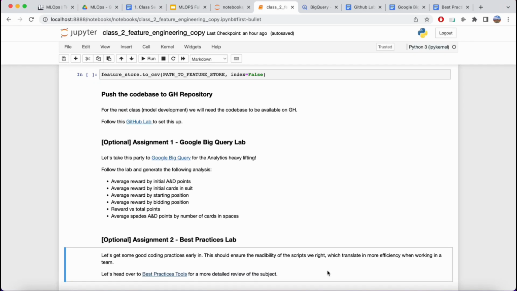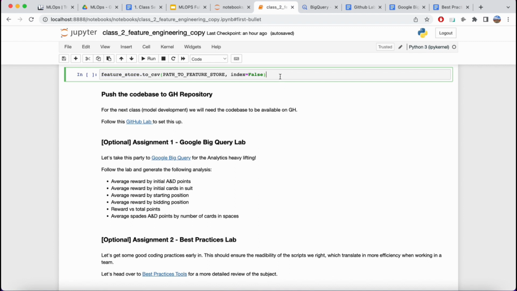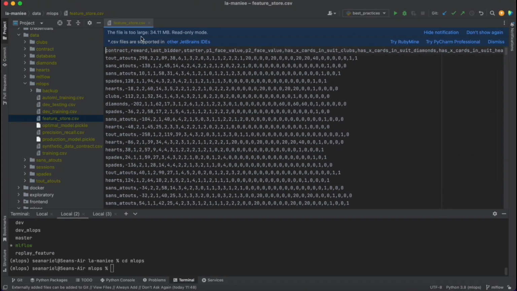So now that we went through the whole feature engineering pipeline, we're left with a bunch of artifacts that we have to maintain as though our life depends on it, right? Essentially what we've generated is a feature store that we can persist, let's say, in our local environment. So we can run this to have access to the data, and we will see that our feature store is just a bunch of cleaned features